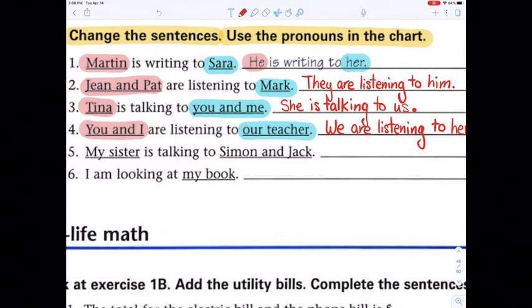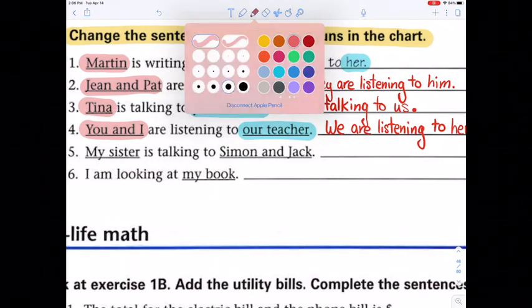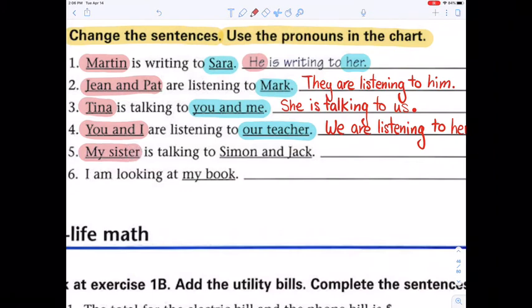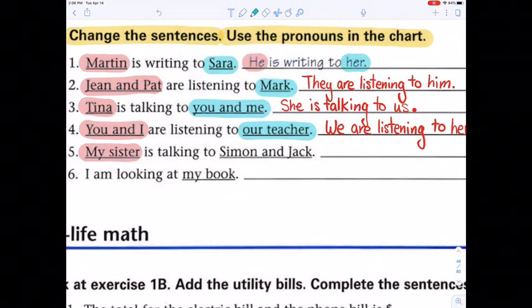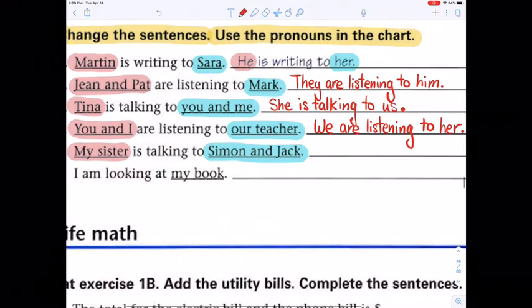Okay, number 5. Let's take a look. Who's the subject? My sister. And who is the object? Simon and Jack. Okay, so let's try writing this one out. My sister, how are we going to start the sentence? What subject pronoun is for a woman like my sister? She is